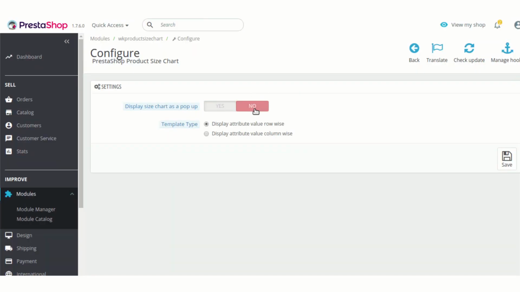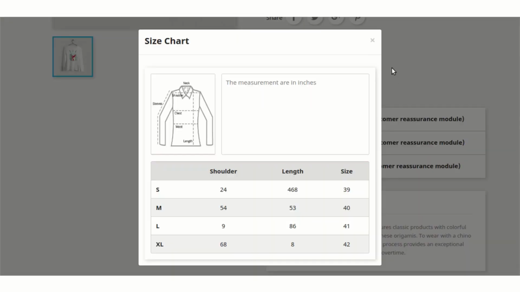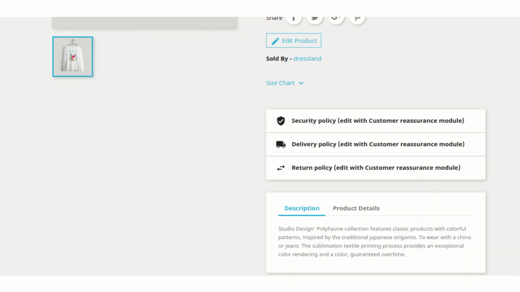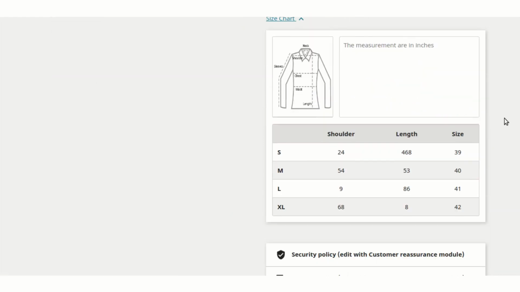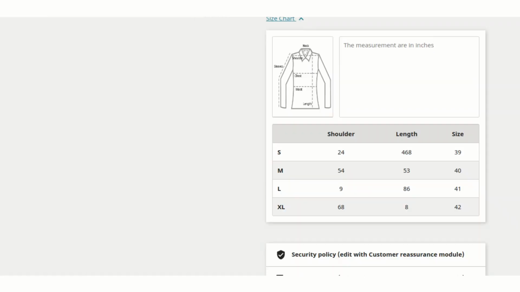In case we disable this, the size chart is displayed on the product page itself, no pop-up will be displayed, and the customer can view the size chart on the product page itself. There is another option too, template type: display attribute value row wise or column wise.